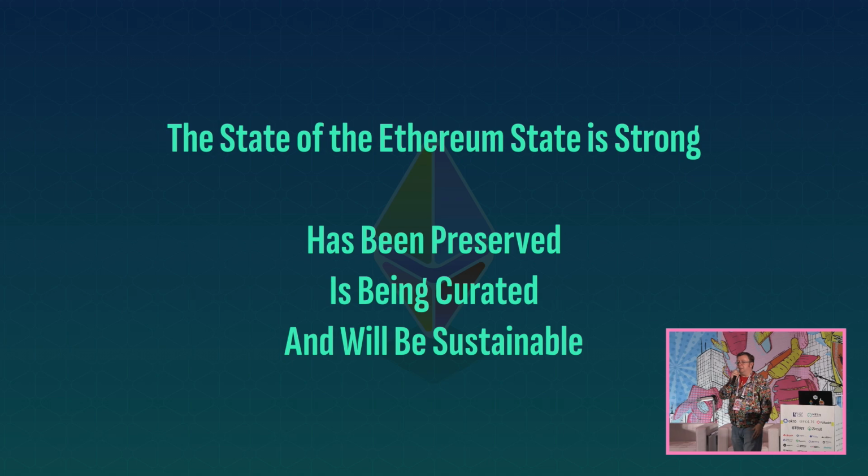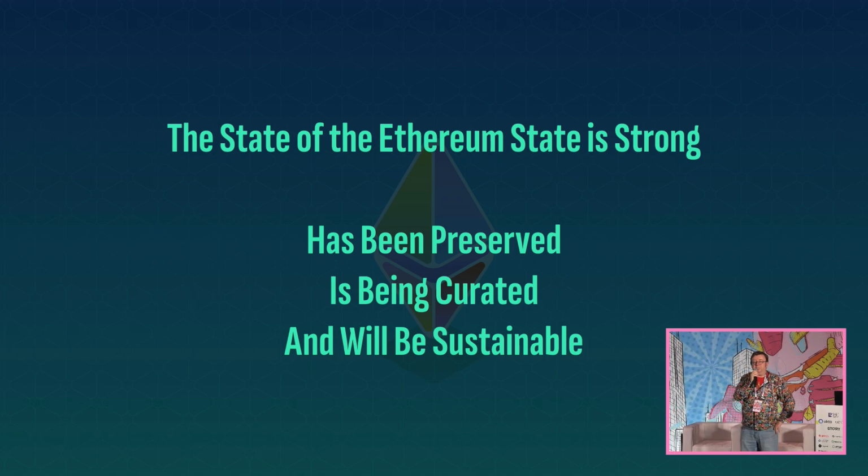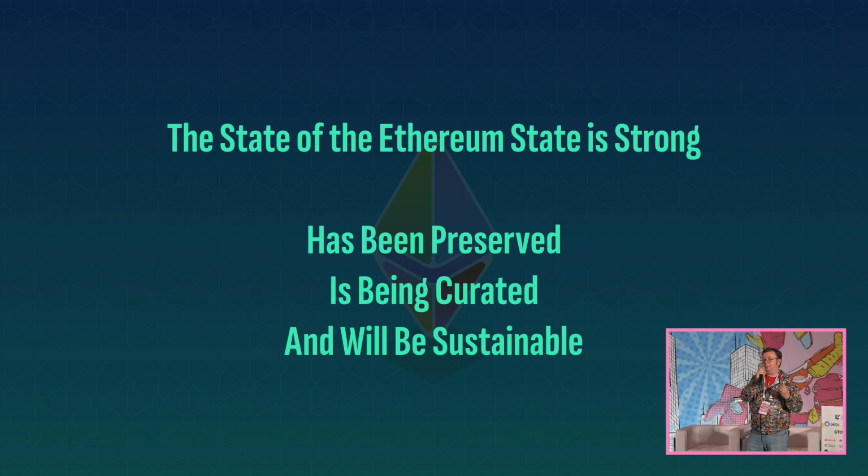So I'm here to tell you that the state of the Ethereum state is strong. It's been a very powerful changing force in the world, and it's not going to hold us back. We're still going to be able to remember all that we had. We're going to be able to maintain and take care of the state that we need in the future. We'll be able to grow responsibly. With these changes that we're doing in EIP 4444 and 4844 with blobs, and with restricting the size of the blockchain, we can increase block space, we can increase gas limits, and we can make sure that our clients will not run out of disk space unpredictably.